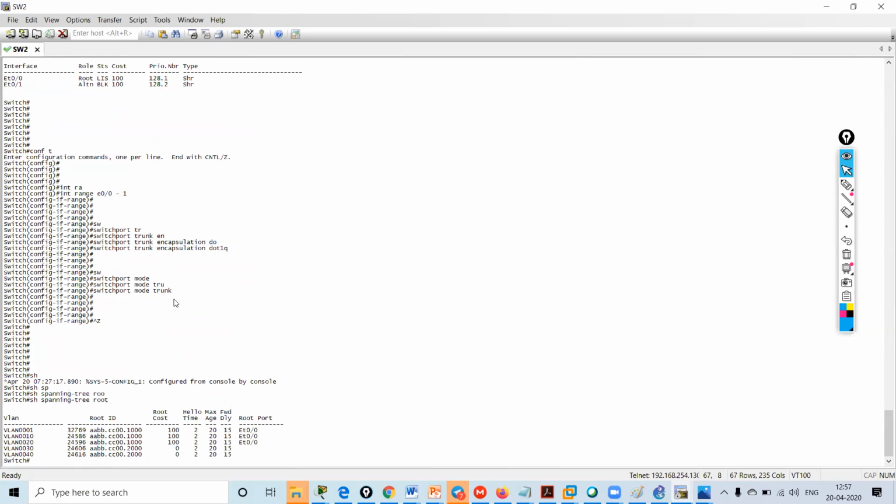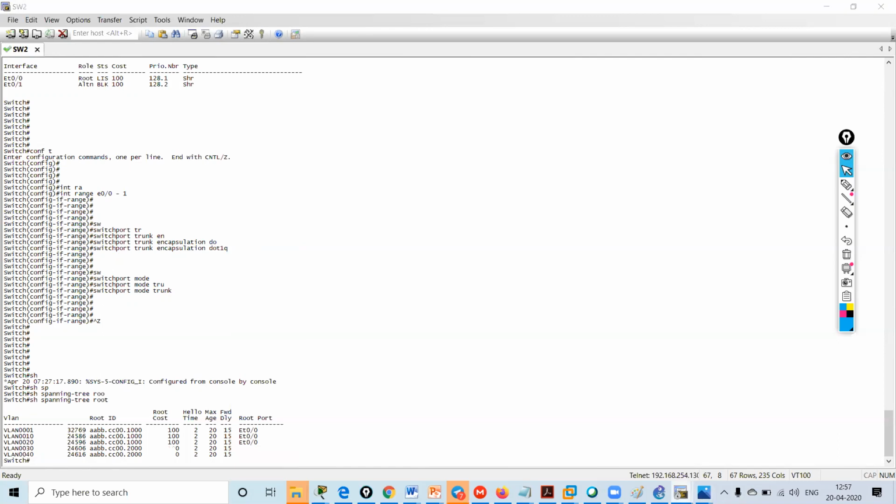See, who is the root bridge for VLAN 10 and 20? This is the root bridge for VLAN 10 and 20. This is the secondary root bridge. The cost over here is 0. This switch is the primary one for VLAN 30 and 40. Understood?